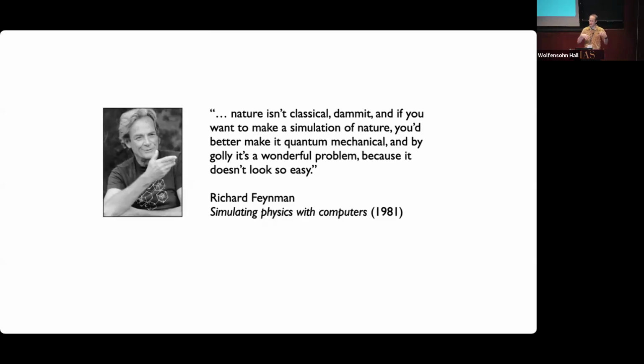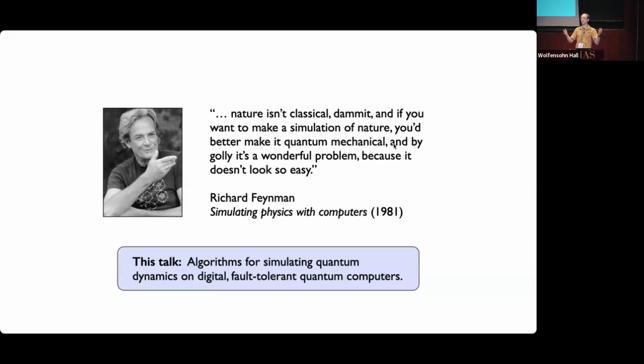What I'm going to be talking about in this talk is the other kind of quantum simulation, which is digital quantum simulation, where the idea is that we're going to build a fault-tolerant quantum computer that's really well controlled, where we can execute arbitrary quantum circuits on it. We're going to try to run some quantum circuit consisting of quantum gates that we choose in order to understand the dynamics of some quantum mechanical system, some Hamiltonian that we would like to understand. So that's going to be the focus today.